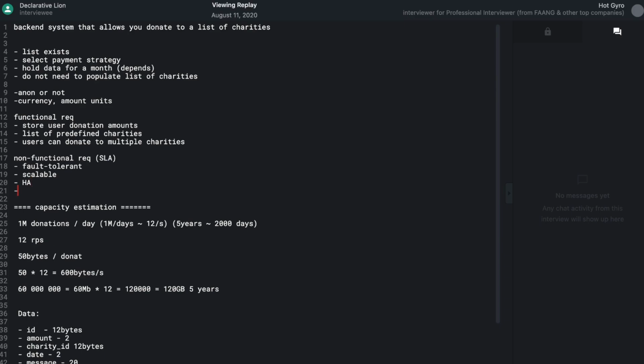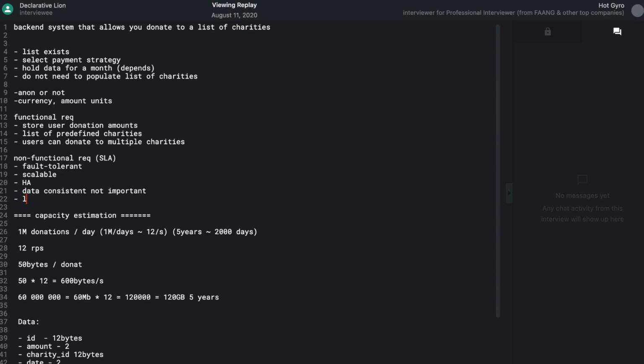And then you can also say some things that are not required, right? For example, the system does not have to be data consistent, right? For example, that means that when you submit a donation, the system doesn't have to handle that right away, but eventually your donation will show up in a database or something. So this is not important, right? So consistency is not that important, right? What else is not important? Maybe latency is not that important, right? Now it's up to you. I'm saying that's not important, but you can argue and say this is very important.